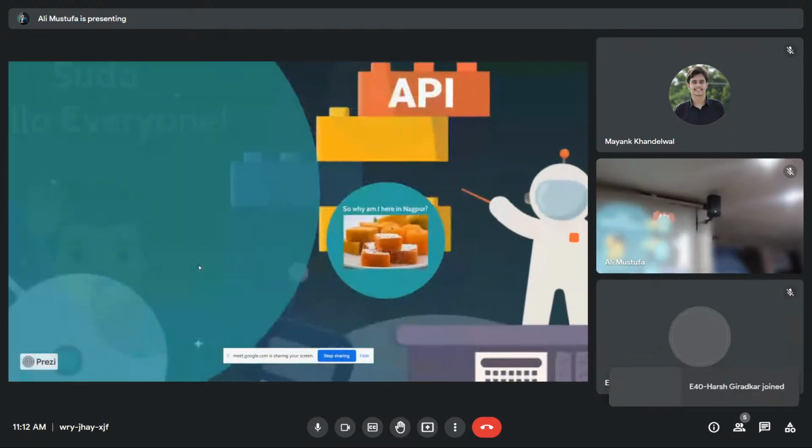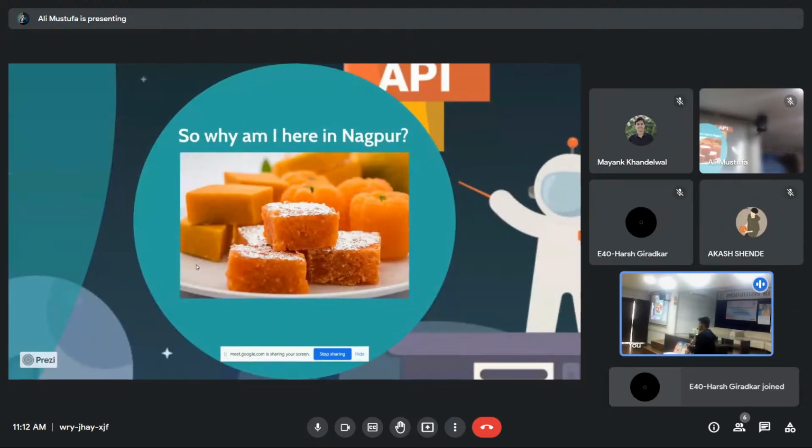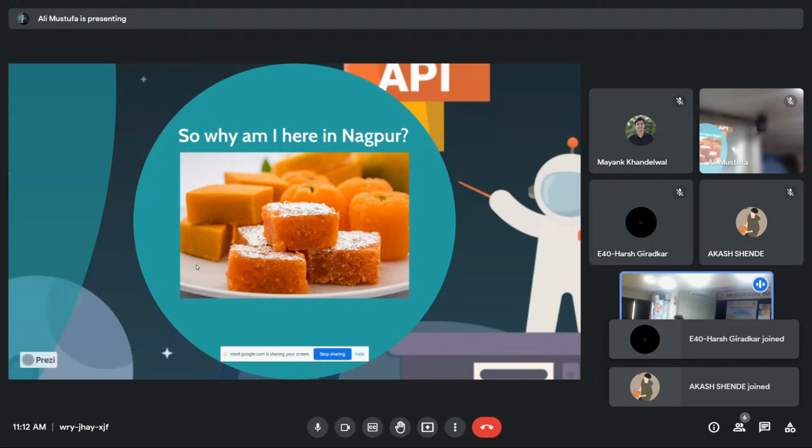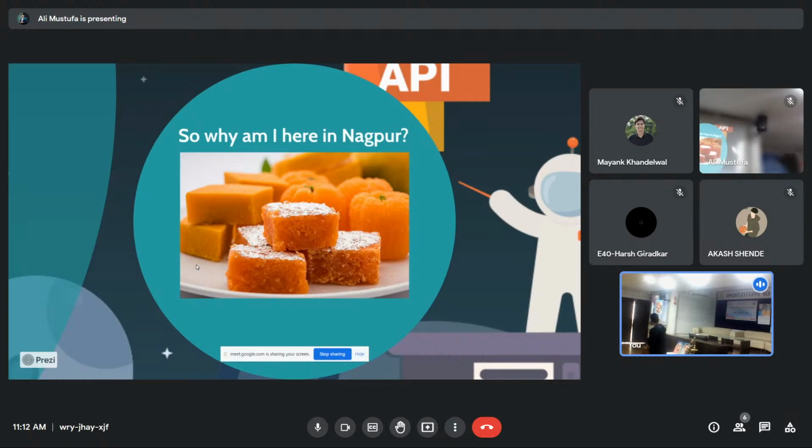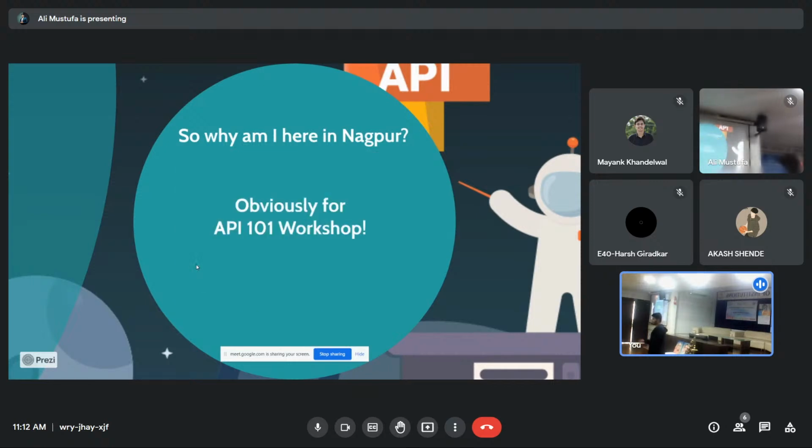So yeah, second thing, obviously, why I'm here in Nagpur, right? I flew all the way from Mumbai, morning 6, and then I was like, I have to go to Nagpur. Who put this image? Oh, sorry. I'm here for what? I'm here for the API workshop, right? That biography was just, I don't know who put it. But you know, right, why I'm here? Yes, I'm here for Haldiram's. Oh no, API workshop. Okay, good. So, that's my side mission, side quest, you all play games, right? There's a main quest. My main quest is to teach you about API, and my side quest is?